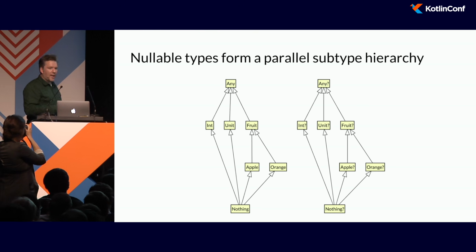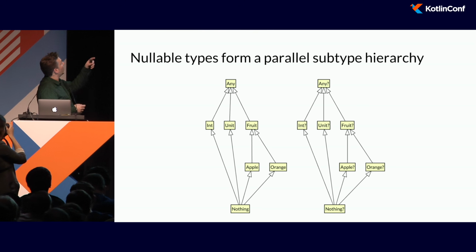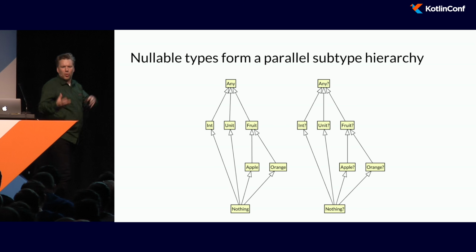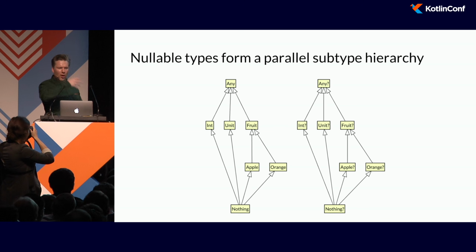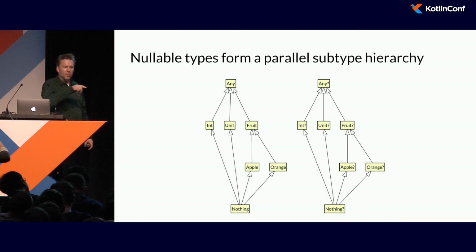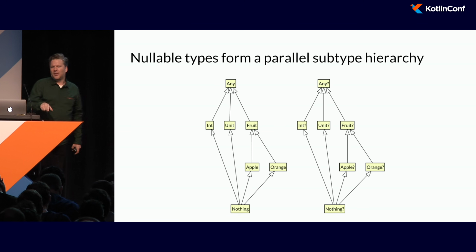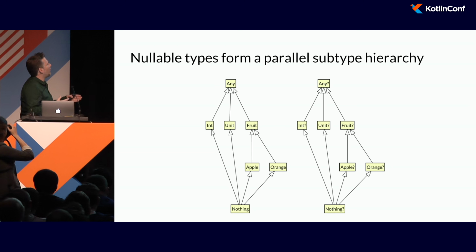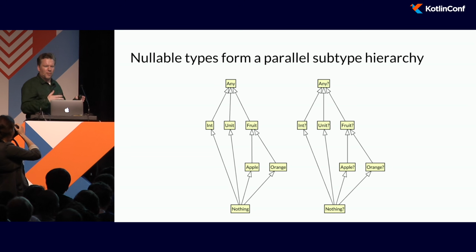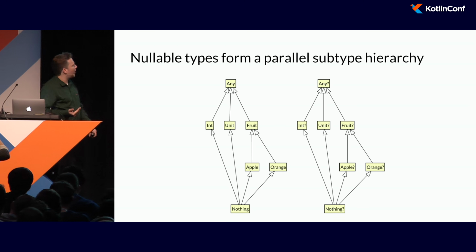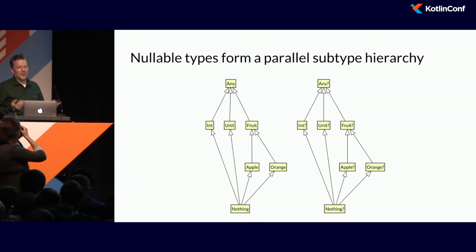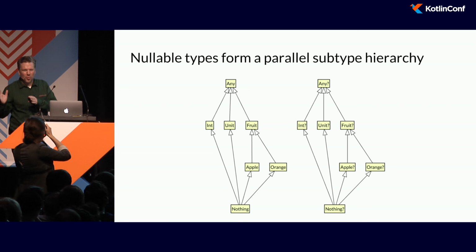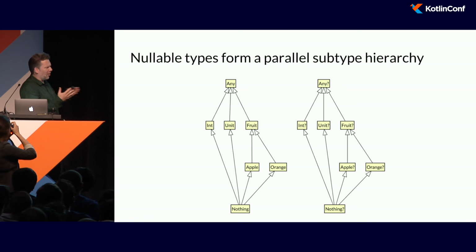So if we create a type hierarchy, here's some fruit, an apple can be a fruit, an orange can be a fruit. We can define nullable versions of those types by putting the question mark at the end. I don't know how you're meant to pronounce that. I've tried to pronounce it in an Australian accent, so it's like I've got either an apple or an apple. But yeah, I might just start saying apple question mark to mean nullable apple, or maybe I'll say nullable apple, I don't know.